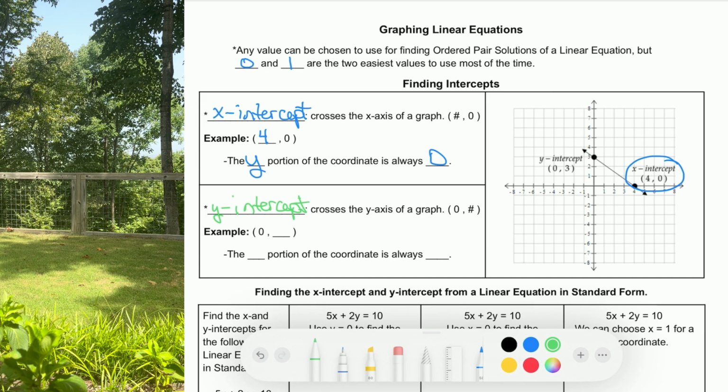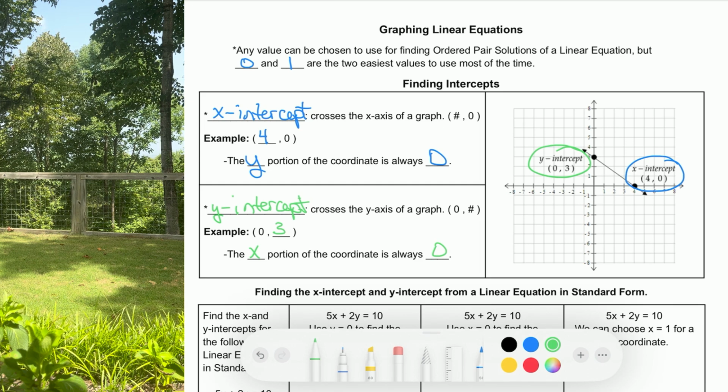It crosses the y-axis of the graph at 0, right here. So in this example, we have 0, 3. Our y value is 3. So the x portion of the coordinate is always 0 in the y-intercept, because we're not going left or right, we're only going up or down, which means we're going to cross that